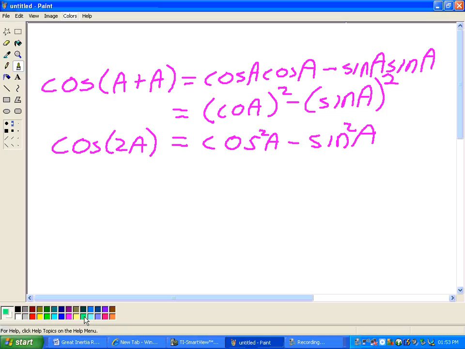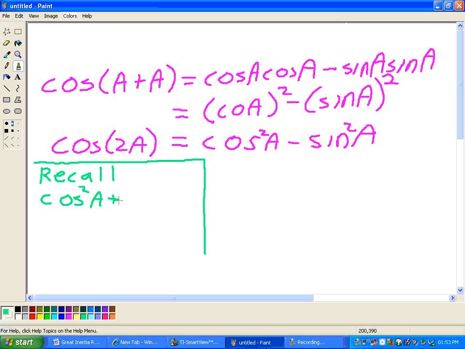Cosine squared of theta plus sine squared of theta equals 1. Yep. And recalling that,